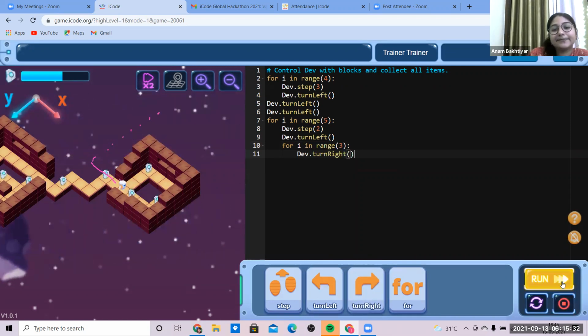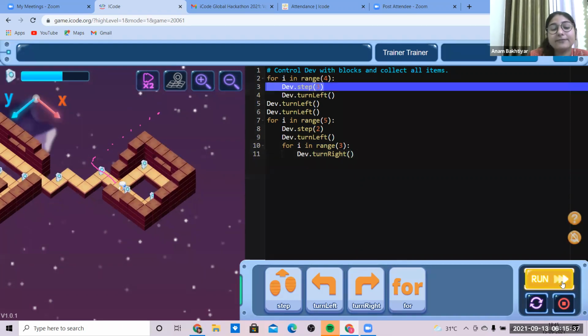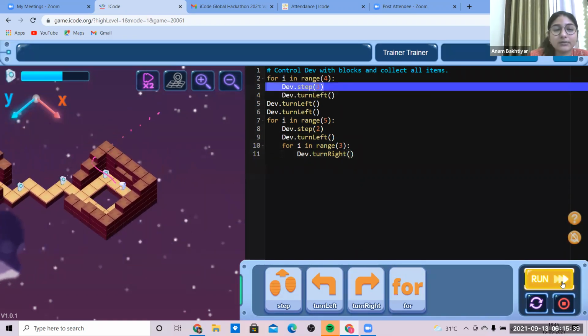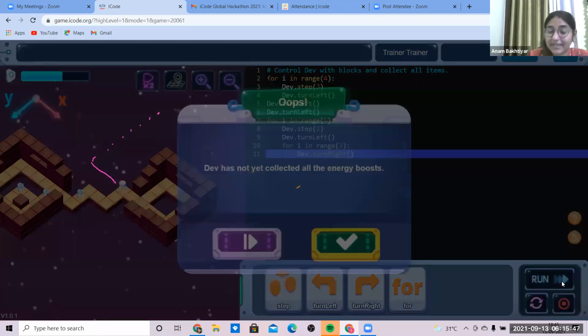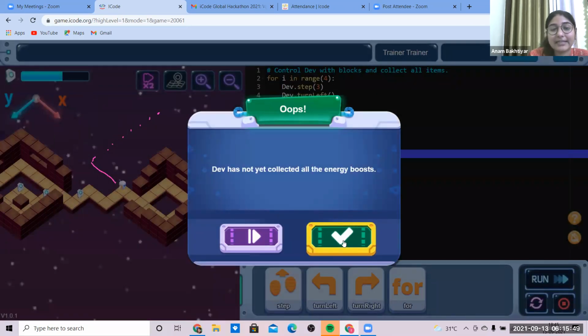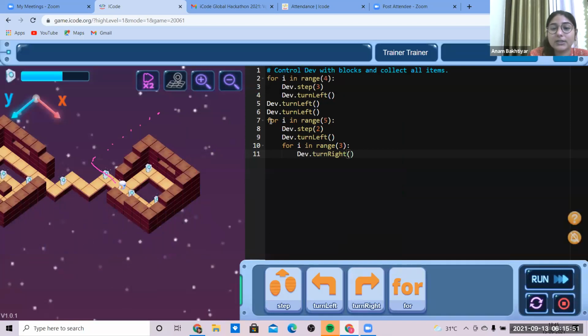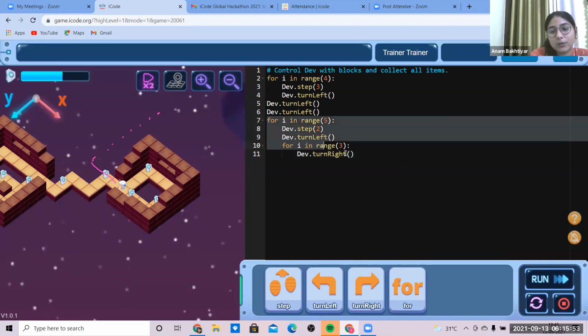Then I'll explain you about this loop. This is for inside for. It's coming back, because it's doing the same thing again. It is unable to go over here. So that's why we're not going to use a loop over here.